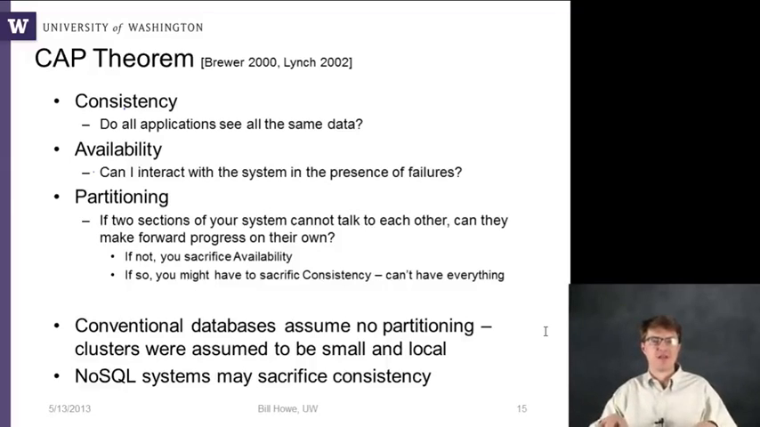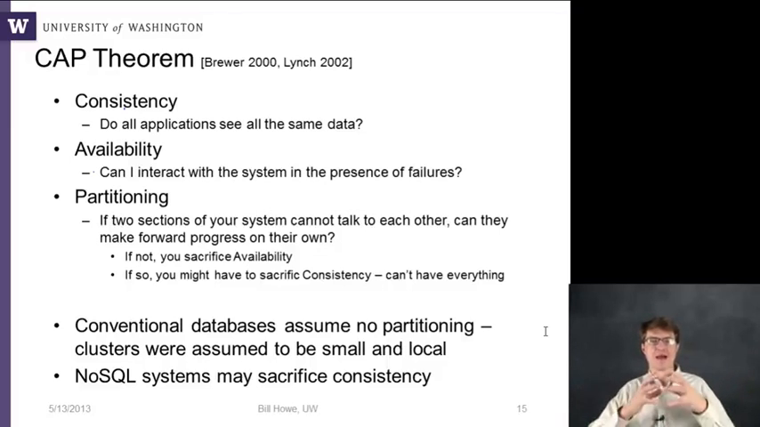Partitioning means, well, if you've got a big distributed system with hundreds of nodes involved, hundreds of servers all communicating with each other, and some segment of them lose communication with the other servers, can those two segments still make forward progress in the application independently and sync up later? Or does everything have to stop and wait,